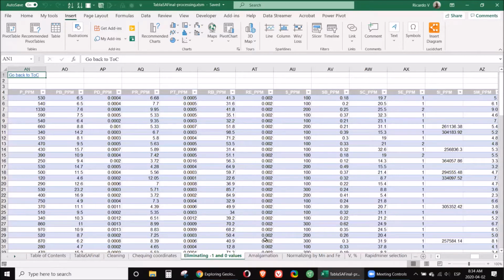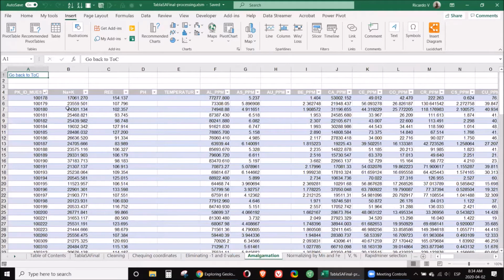The next step is amalgamation. And amalgamation, I'm talking basically about the rare earth elements and the alkali. Sodium plus potassium, both elements are alkali, so they can be joined together. And the rare earth elements, these 12 elements, they all contain the same information. Very little variability. So for our studies, you can just add it all and have it all in one column